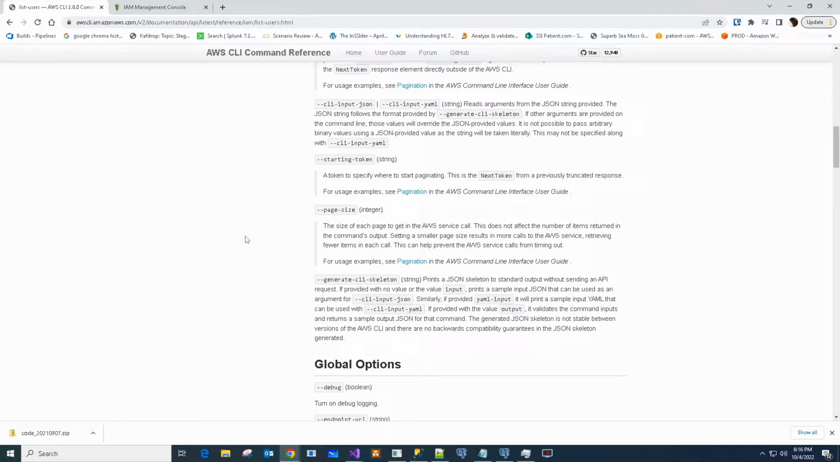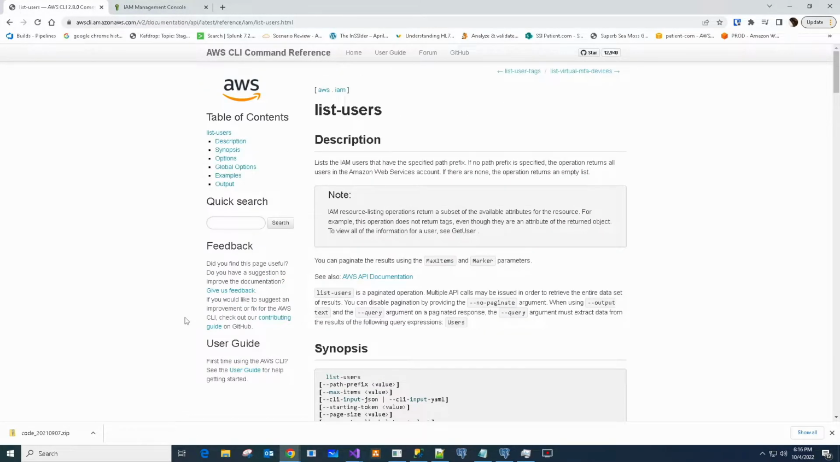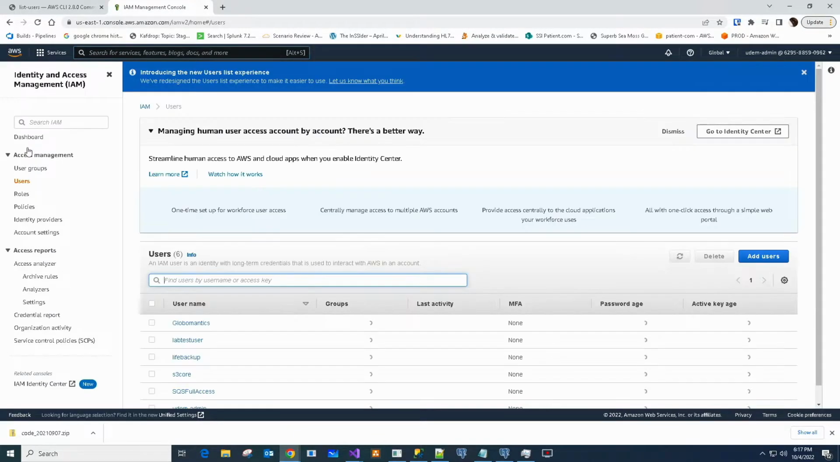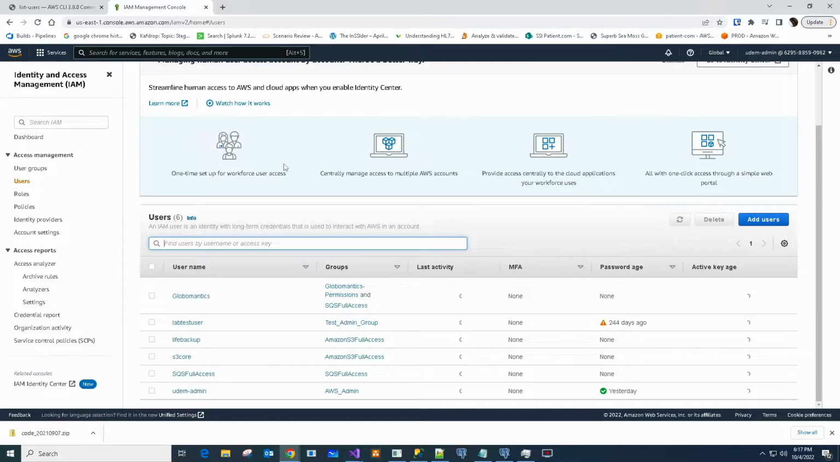Okay, another quick video. This video is going to be on how to set up your AWS account for CLI access. So the first step is to log into your account. It's got to be a user that has administrative privileges, or at least CLI access in their